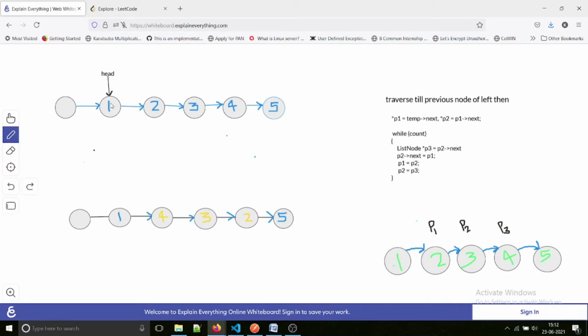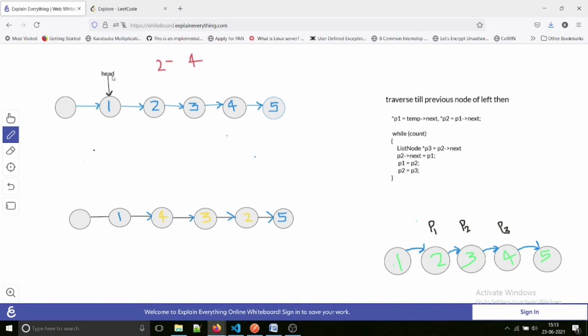Here we have a linked list 1 2 3 4 5, and we need to change this list from position 2 to position 4, which means we need to return 4 3 2 instead of 2 3 4. The left half will remain the same and the right half will remain the same. So we need to go to the first position where we want to change the list. In this case, 2 is the first index from which the links are getting changed. So I will go one node back, to the position from where we need to change our list.